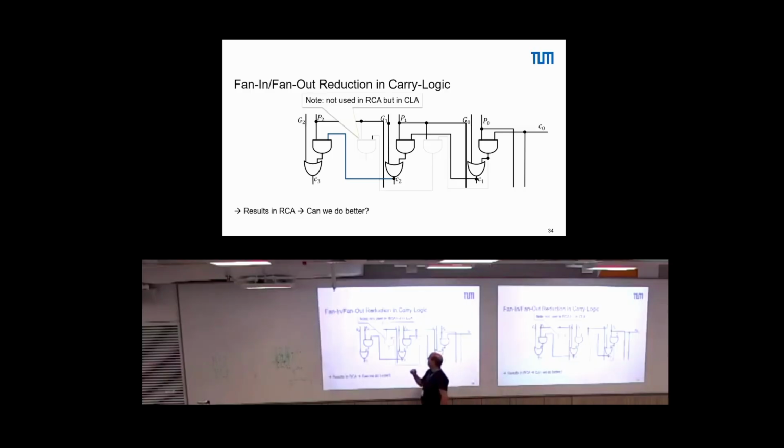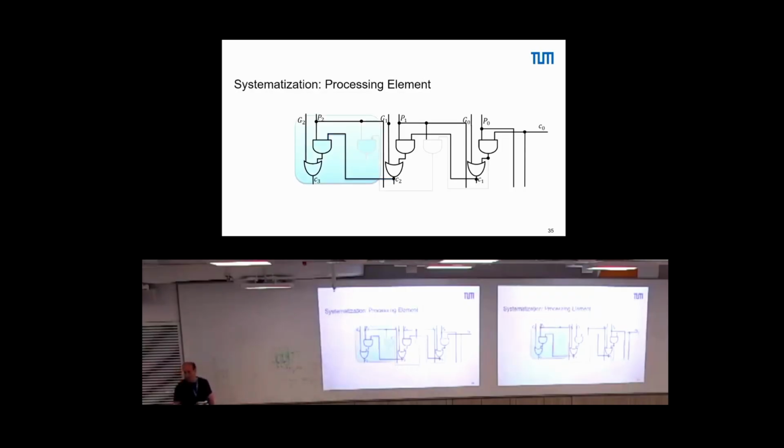What might be visible is that sometimes for the carry lookahead adder, we used here an additional AND gate. So there was an AND that was somehow used on top. And thus, we define this here as something we call basic process